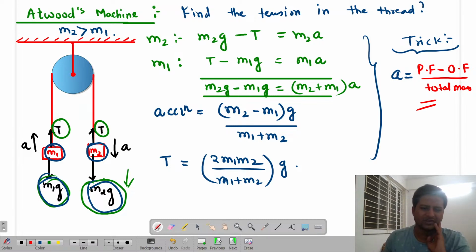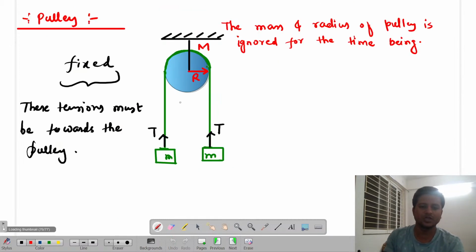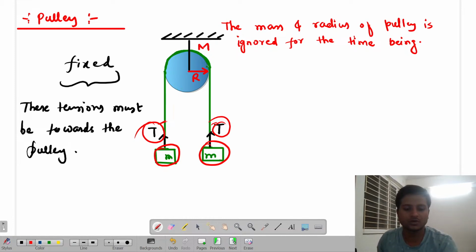Okay, so we can combine such things. We can combine such pulleys; let's suppose there can be a three block system, there can be a many block system. We can combine all of these things, but the net concept remains the same. Whatever happens for the pulley, you have to remember that between two blocks on the pulley, there is only one single thread, so that's why the tension remains the same and each particle will feel the same tension. The next thing is these tensions must always be towards the pulley system. Are you able to get me or not?